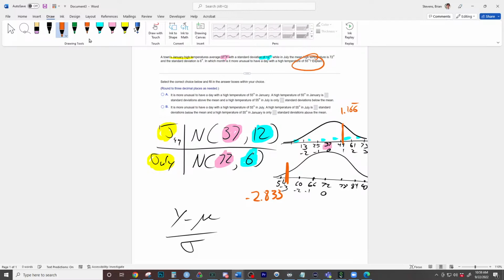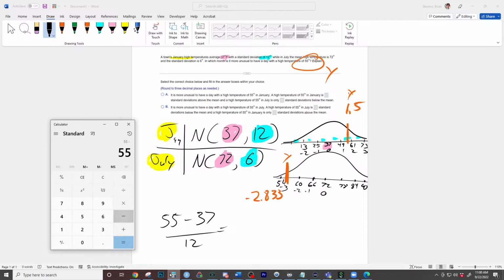So we're going to take 55 and plug that down here in the y observed value, which is what we observe right here, but we're going to talk about it as a z-score. Ooh, I did this one wrong. 55 is over here, and oh, that's even easier. It's 1.5. There we go. So let's run it through and do it correctly. We need to run observation of 55 minus mean for the first one of 37 divided by 12, and that should be equal to 1.5. 55 minus 37 divided by 12 is 1.5.